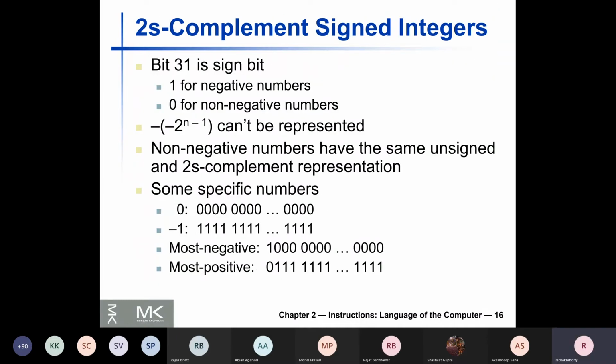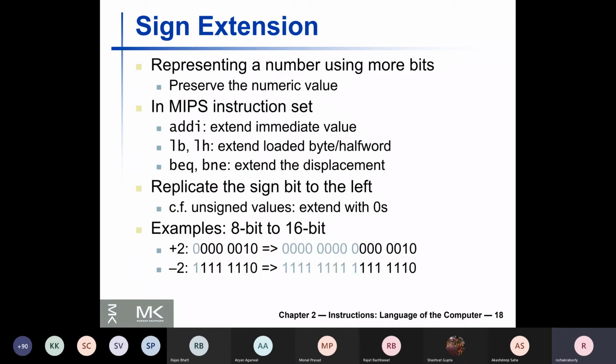Many MIPS operations perform sign extension. For example, ADDI. Later on, maybe not today, but in later classes, we will study instructions called LB and LH. LB copies the least significant byte from memory into the least significant byte of a destination register.